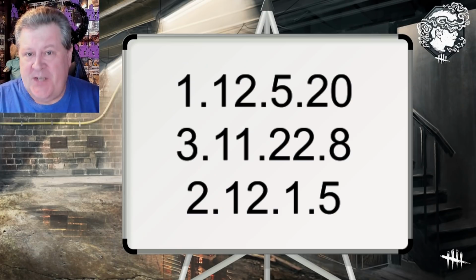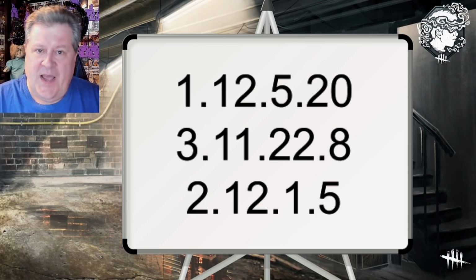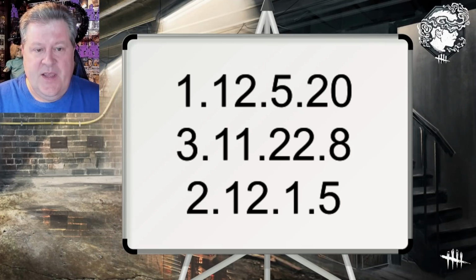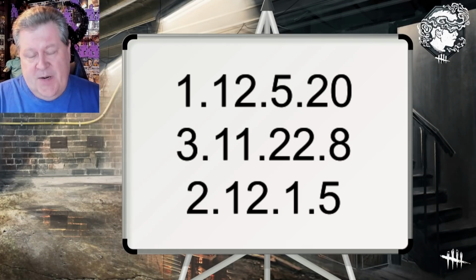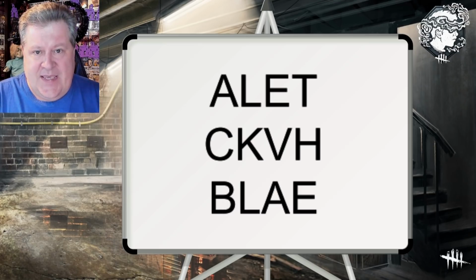Now, let's look at these numbers and see what we got. Okay, so we're going to take our 3 sets of numbers that we got from the images on November 1st, 2nd, and 3rd, the 1-12-5-20, 3-11-22-8, and 2-12-1-5, and we're going to convert all those numbers into letters using this chart here where 1 will equal A, 2 will equal B, 3 will equal C, etc. And when we do that, it turns these numbers into these letters: A-L-E-T, C-K-V-H, and B-L-A-E. And if you put all those together, maybe you see it already, unscramble it, and you come out with